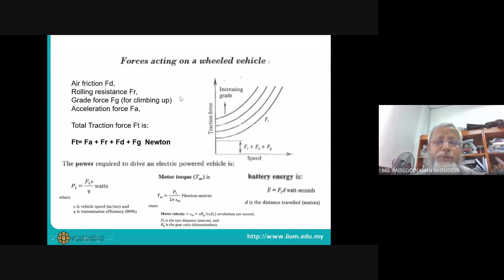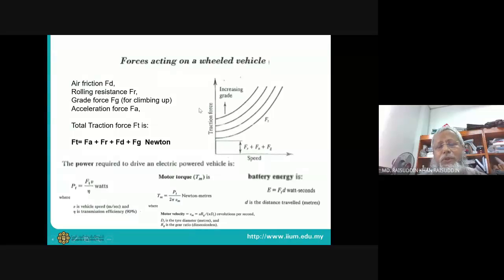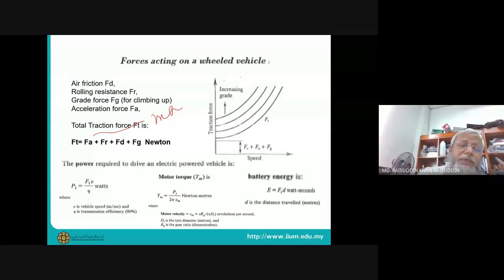So if you want to design an autonomous car, how much force do you need to drive it? These are the components of the force you have to apply. Fa, we call the mass into acceleration. You have to accelerate it, so it will go under mass into acceleration. Then Fr, this is the frictional resistance. Frictional resistance can come in many ways. One is mu into N, which you studied. Another is the rolling resistance, which depends on the radius of the wheel hub.